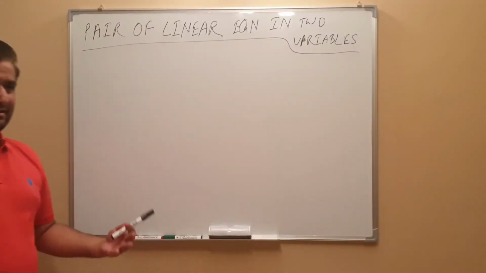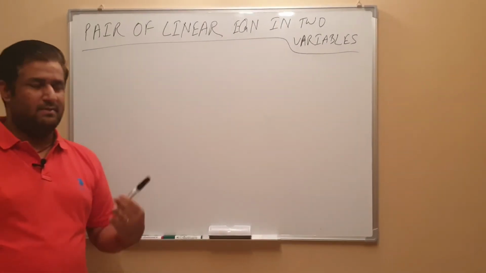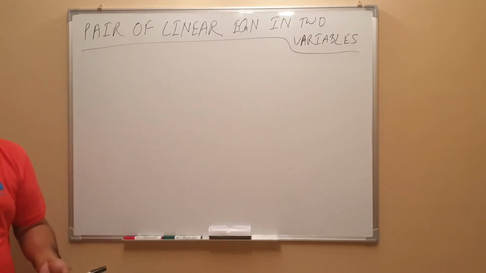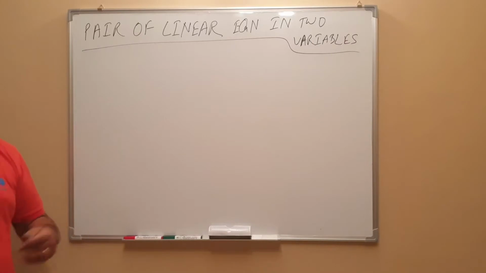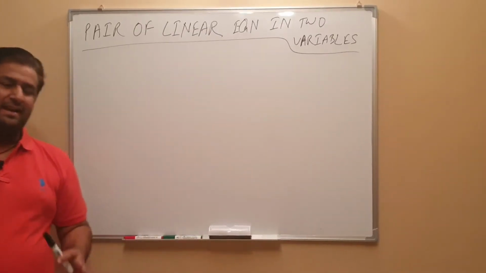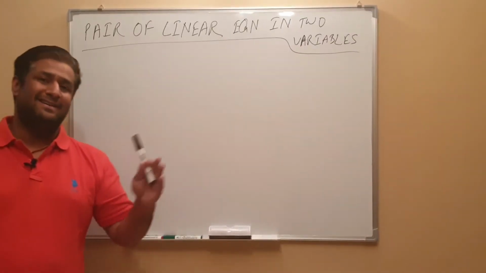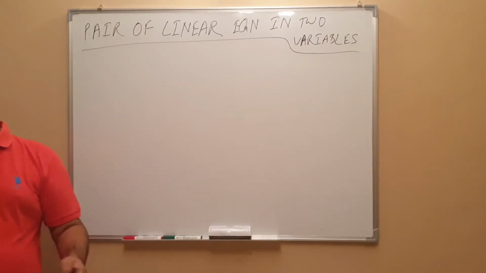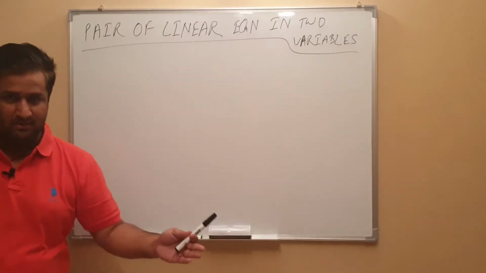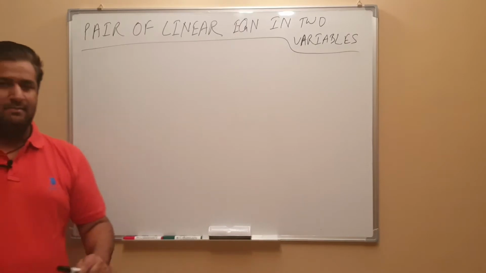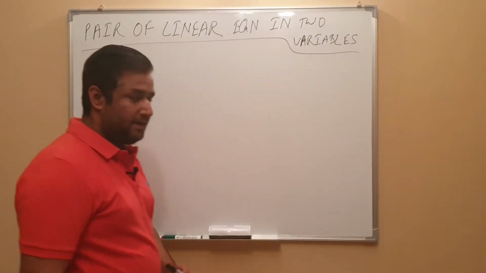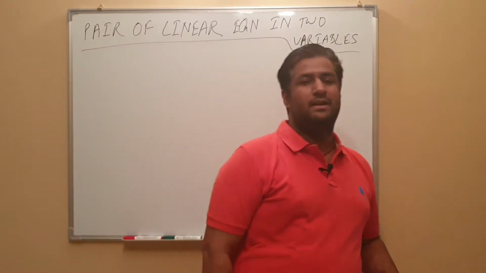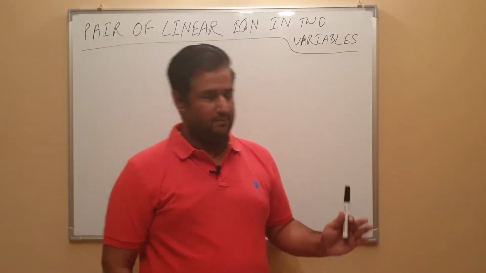In the previous classes you must have studied about the linear equation, what exactly is a linear equation in two variables. Basically it is nothing but an equation of a line, okay. And I have made a detailed video on the grade 9 linear equations, so you can go back to the previous lectures and see them, and I have also shared the link in this video for that, okay. So let's begin with pair of linear equations in two variables.